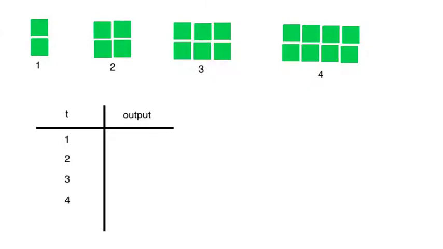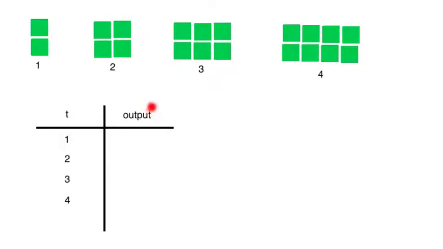To start, we can look at a simple shape pattern and see how it grows. So if we look at this table, we'll call it a table of values. T is the frame. So for example, when T is 1, it matches here. T is 2, it matches here. T is 3, it matches here. And 4 matches here. So to make a table of values, we have T, and then the output is the